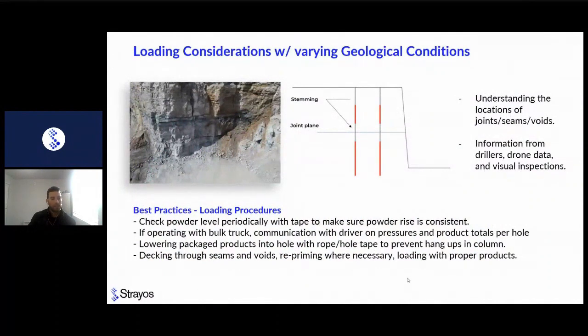Some best practices I put here: if you run into certain areas like the seams or the voids, you want to check that powder level in the column. If you're losing powder down the hole, where you might have a seam or a void, put a hole tape down and tape it, making sure that powder rise is consistent. If you're operating with, say, a bulk truck or an ANFO truck, communicate with the driver,